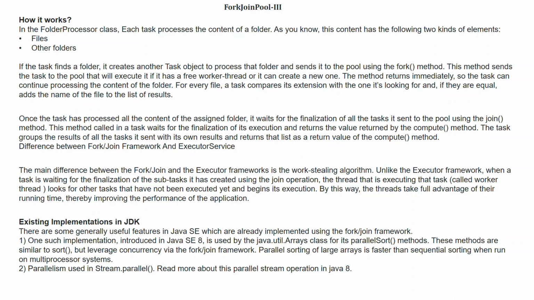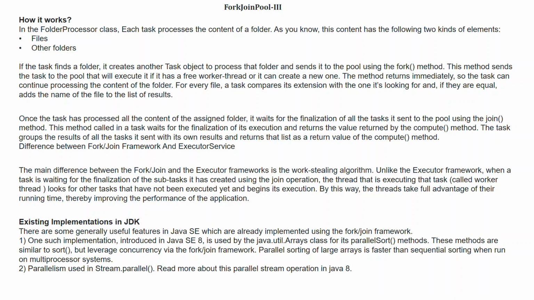This method sends the task to the pool that will execute it if it has a free worker thread, or it can create a new one. The method returns immediately, so the task can continue processing the content of the folder. For every file, a task compares its extension with the one it's looking for and, if they are equal, adds the name of the file to the list of results.